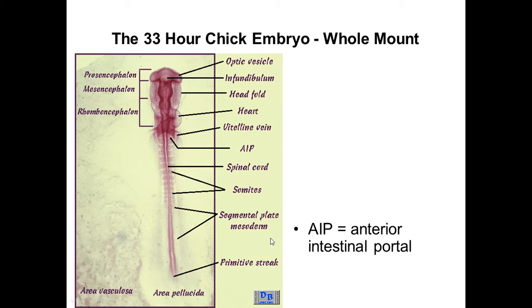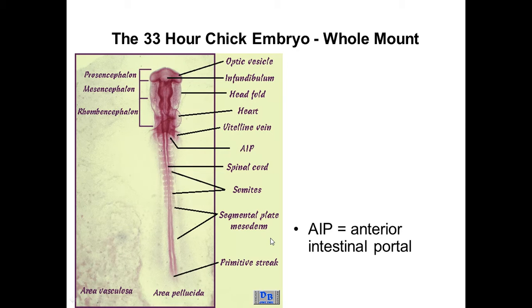Let's move along and discuss the structures that are appearing in later stages, 33 and 48 hours. Okay, this one is a whole mount showing us a very significant amount of change that already happened in a period of about 12 hours, from 24 to 33. We can see development of rudimentary